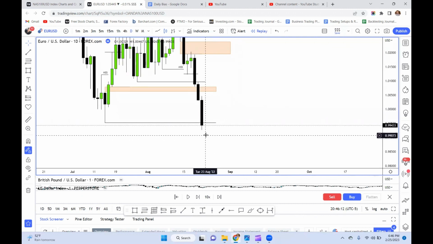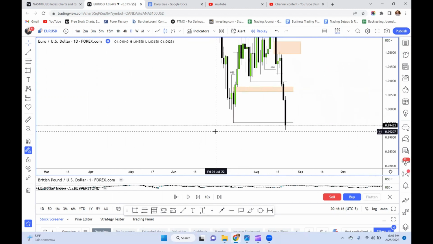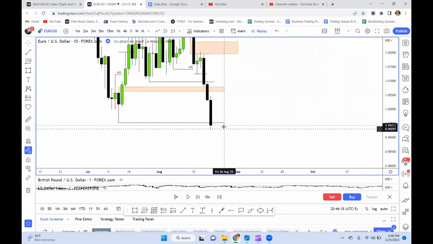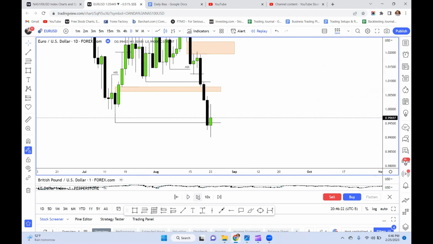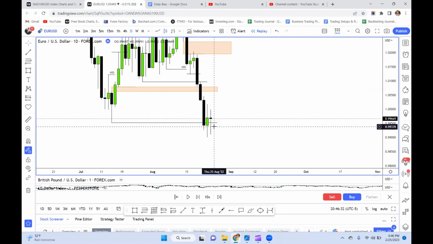Now we could see a swing low because there's not really any liquidity to the left that we could target. Now we could see a swing low get created, and on that fourth candle, we could look to buy. Boom, there's the swing low, the 3 candles right here. Now this fourth candle, we want to see it open, manipulate down, Judas swing, where we could get in on a buy,